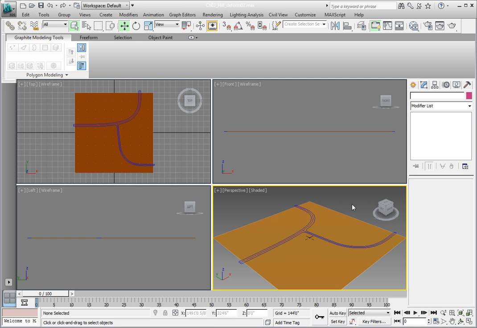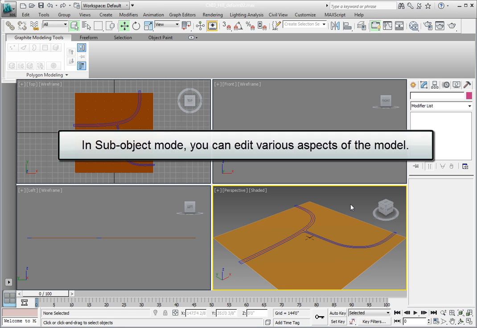Now that we have our flat plane object converted to an editable poly, and you've been introduced to the Graphite Modeling Tools, we're going to access the sub-object mode and do a little bit of editing. You can continue or open the file chapter 3